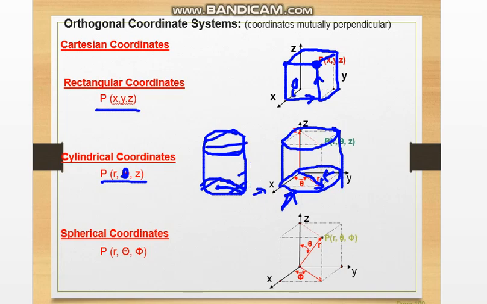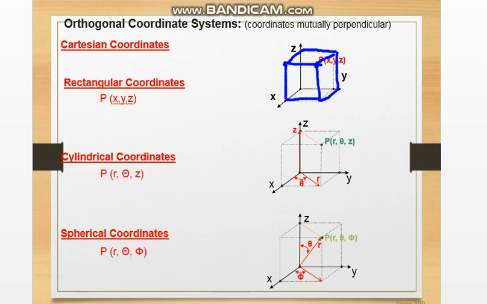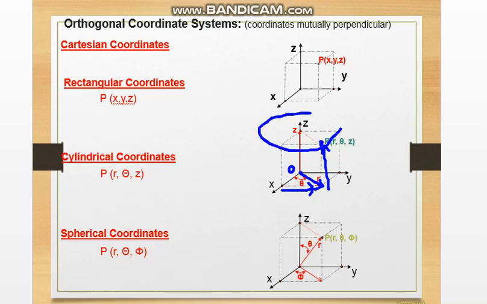If you want to find a certain point, first of all you have to go to the origin. From the origin there is an angle theta, then the radius r, and then the height z where the point exists. That creates a cylinder here, so that is known as the cylindrical coordinate system. It's a matter of thinking and understanding the practical knowledge to solve these things.